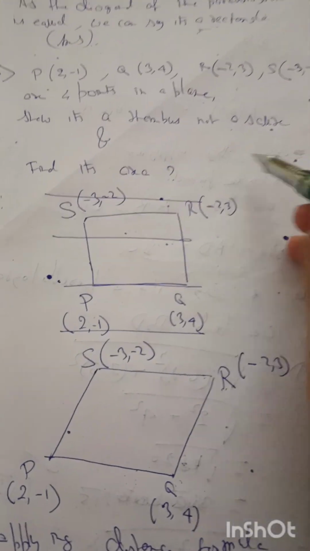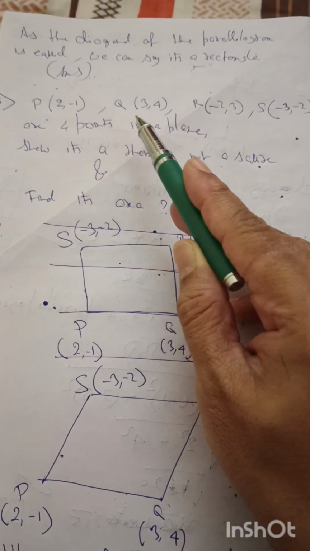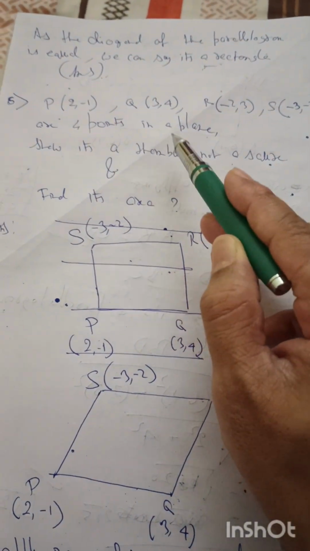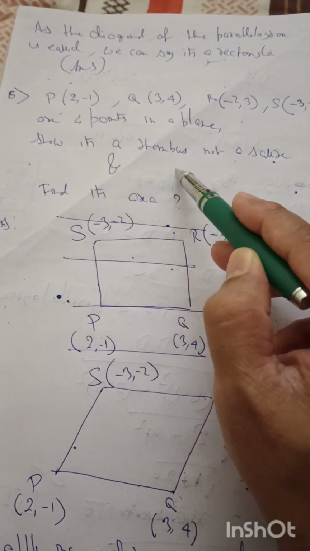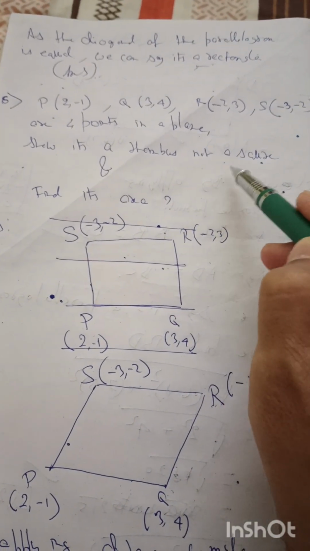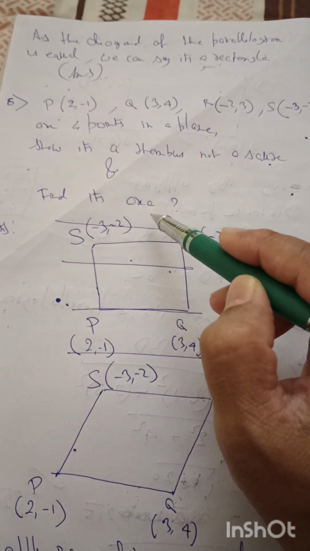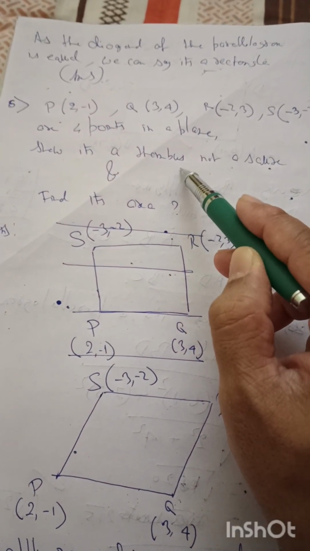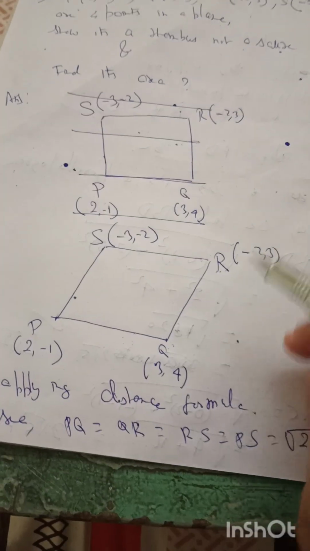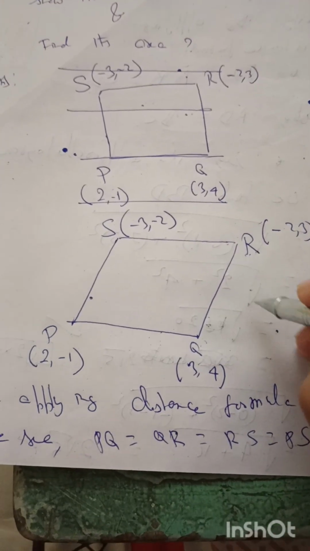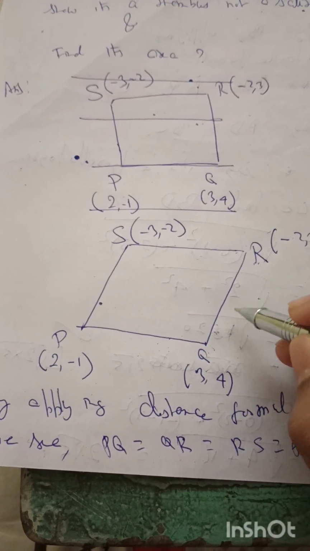Now the next sum, it is given that PQRS are 4 points in a plane. Show that it is a rhombus and it is not a square, and we also have to find the area of the rhombus. Now first what we have to do is draw a figure